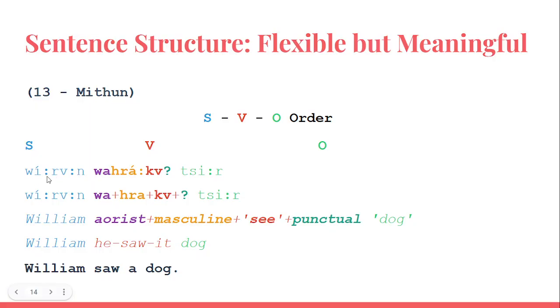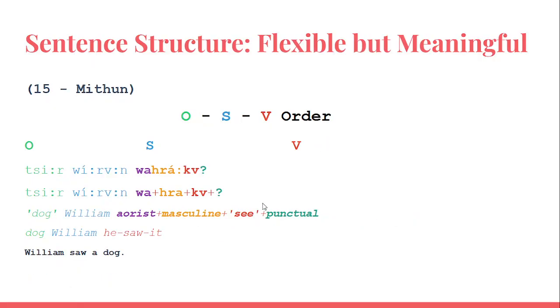So you could express it like "We're in Oaxaca, sir," and then you can also change it up and put the object at the front, which is quite unusual for a lot of languages, unless you're speaking poetically or something. It just depends on the language, but I haven't studied a lot of languages with this word order. And sir, being the dog, they still know and understand it as William saw a dog. I have always thought that was really cool, whenever you can have free syntax like that and still understand.